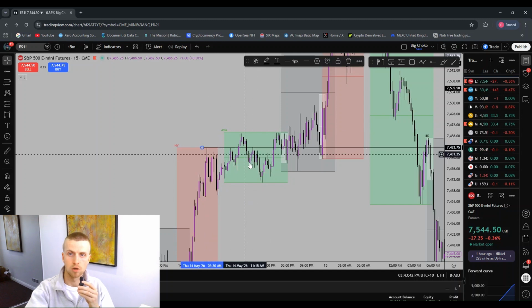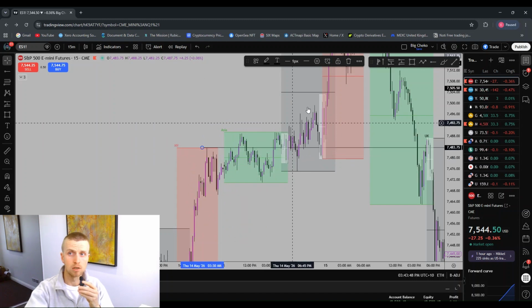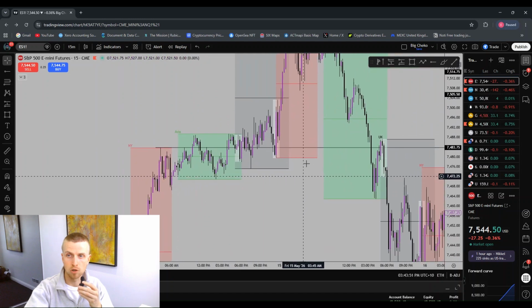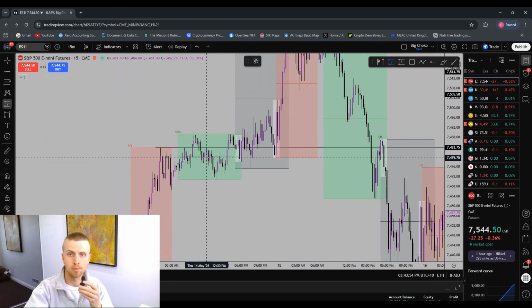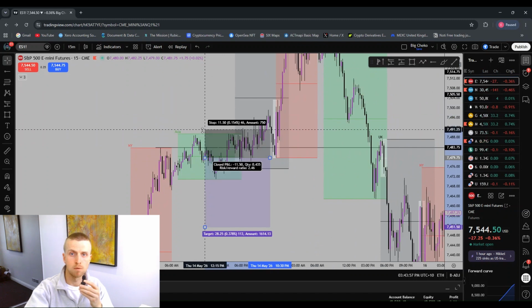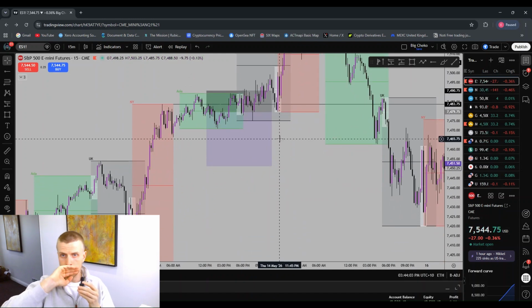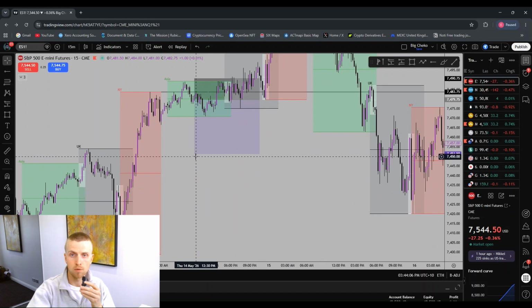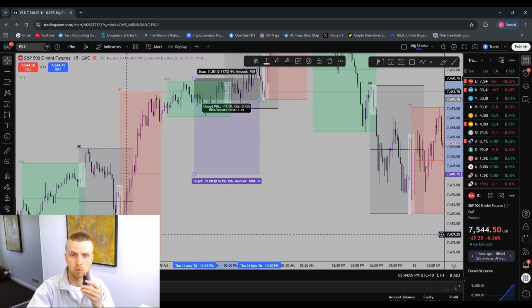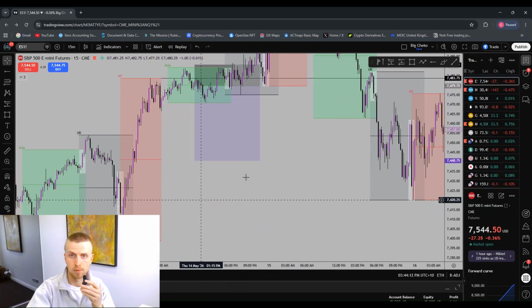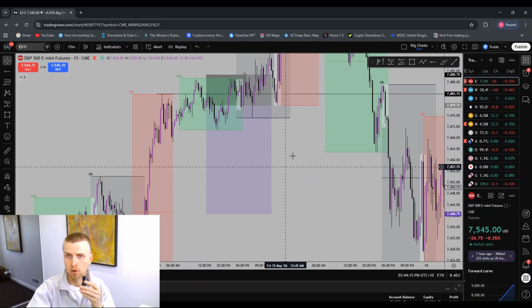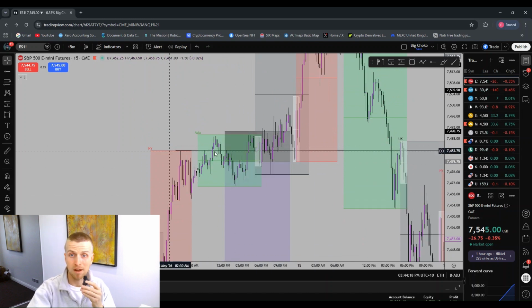So during Asia session here, we've swept previous New York session high. Price closed back below, and you would say, okay, that's perfect, that's my entry confirmation. And then you would enter a short with your stop loss just above this previous high, and you would target draws on liquidity, which could be anywhere from this low or even as low as this low down here. But then what does it do throughout Asia session and London session? Well, it starts to accept back above that level, which was New York's high,